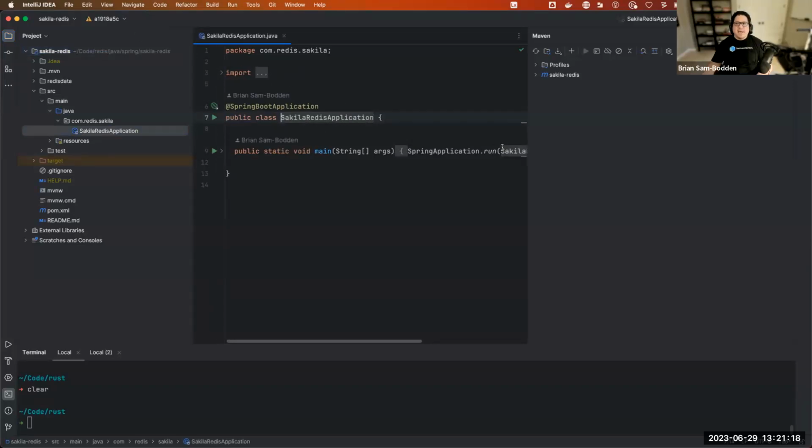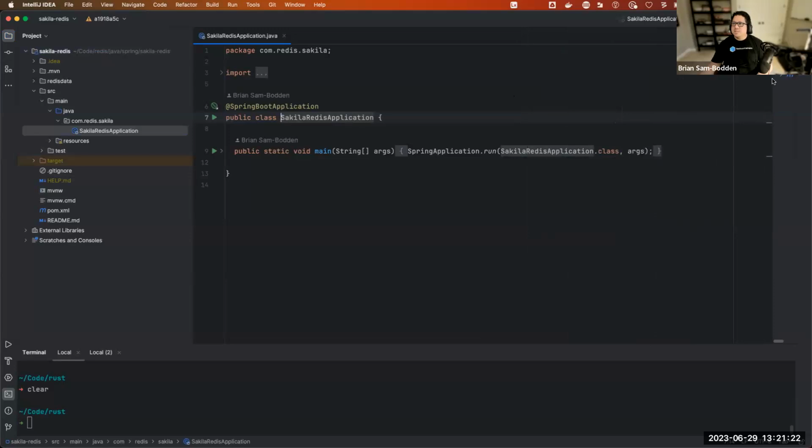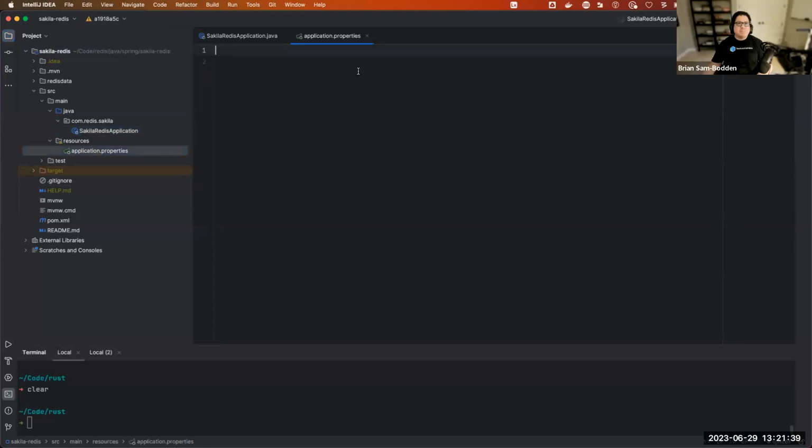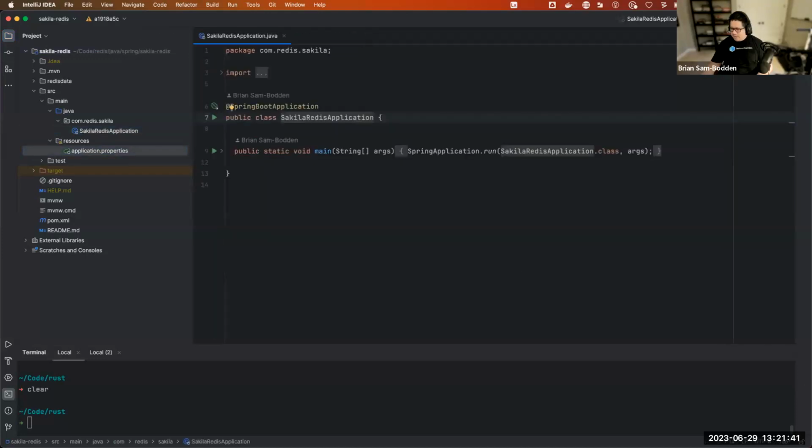In here, let me close this Maven window, not necessary. Let's just minimize that. So you can see here that I have a traditional Spring Boot application annotated with Spring Boot application. It has its main method, and there's nothing else in there, other than the empty properties file. All right, so the next thing I'm going to do,